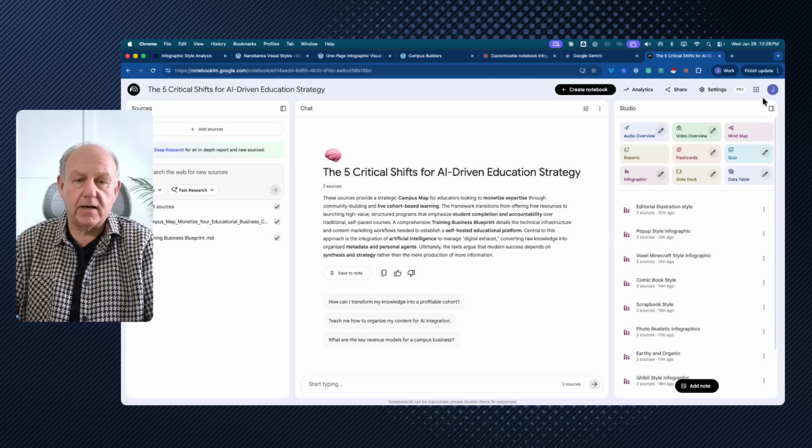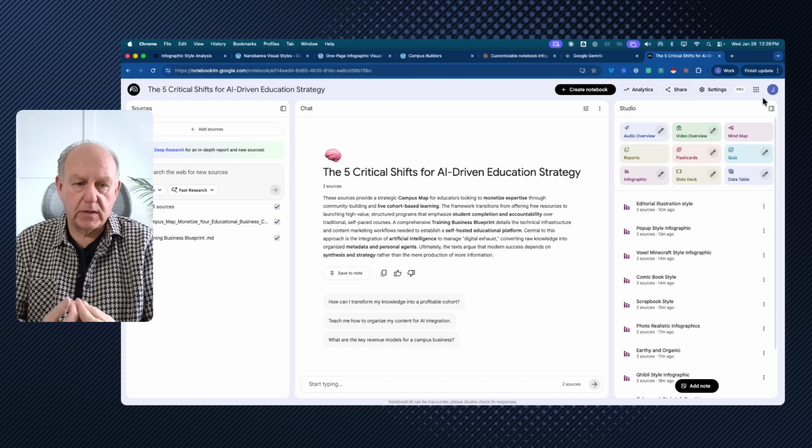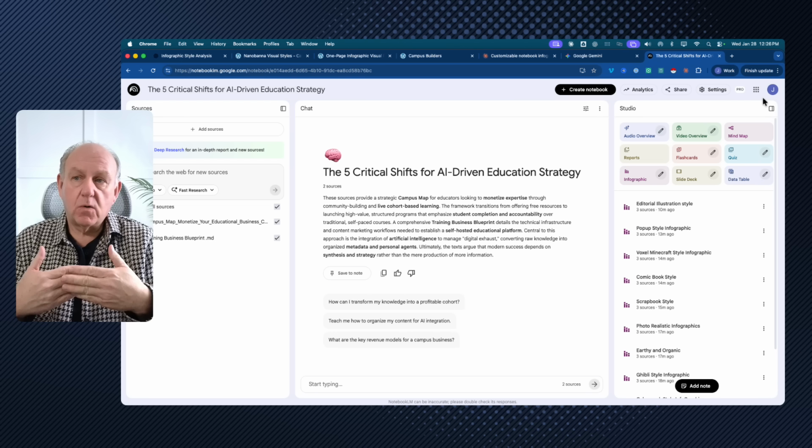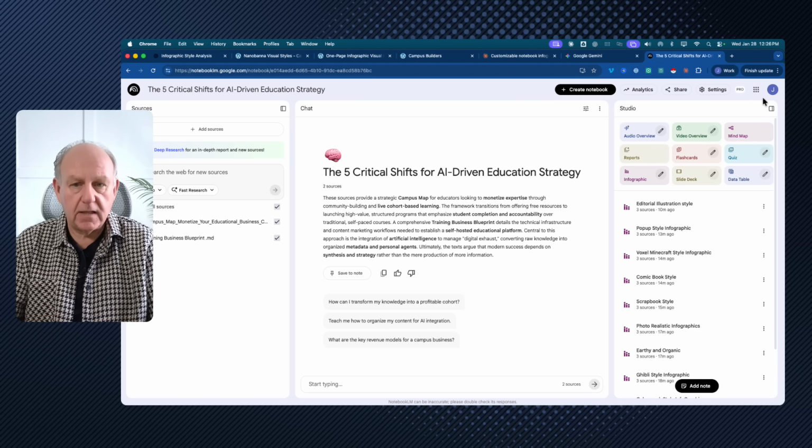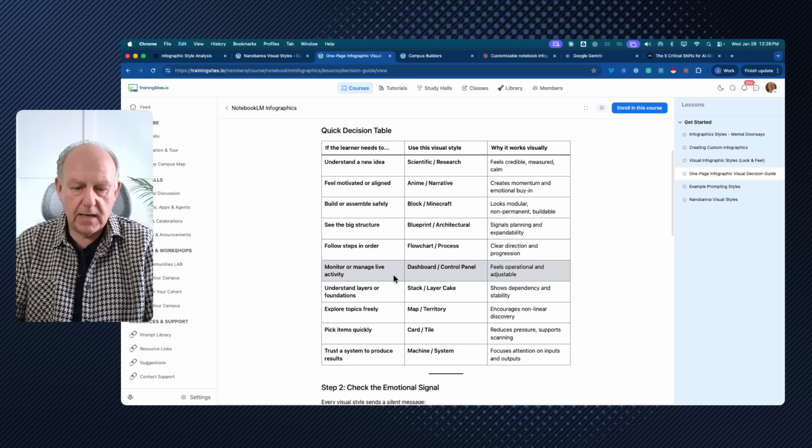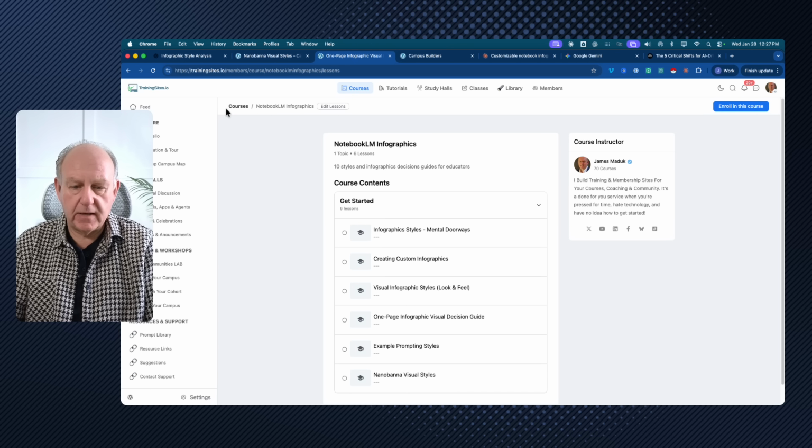So what's my point here? When you are creating these notebooks, I want you to do a couple things. Just realize that there are hundreds of different styles that you can use, and you can set out different formats or processes or ideas that you want to use in the infographics. So what I did to help you out is I did put together a whole bunch of prompts